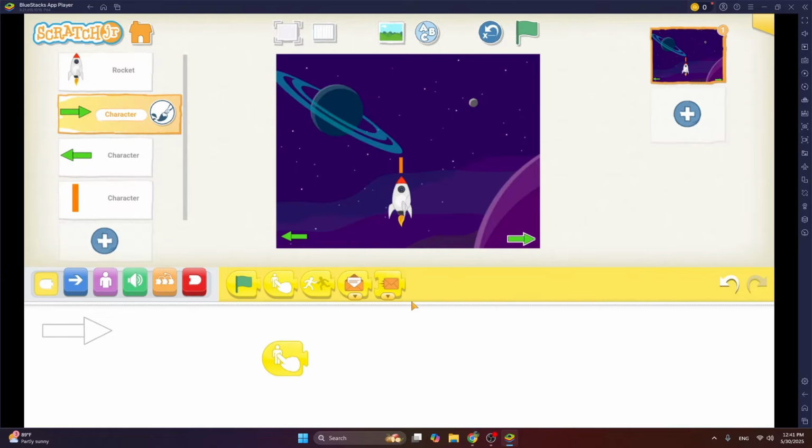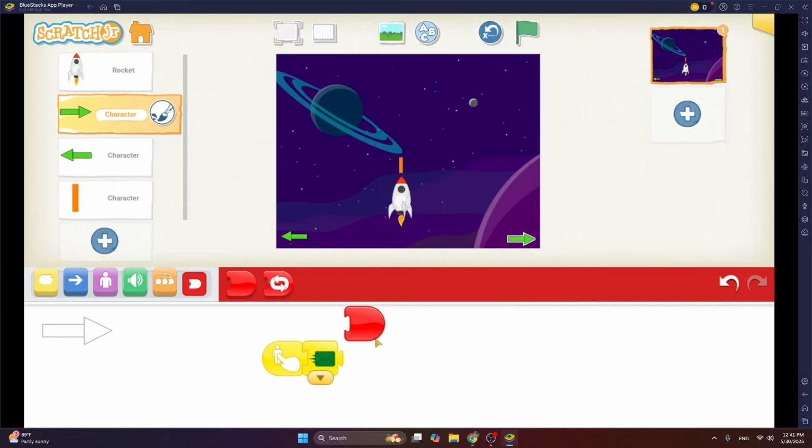And what should it do? It should send a message. So it's going to send a message. Let's make the color of our message green. And remember this color, that is the right arrow is sending a green message. And then end your script, that is code blocks, by using the end red cap. Okay.